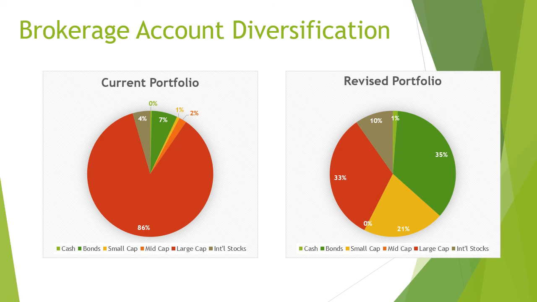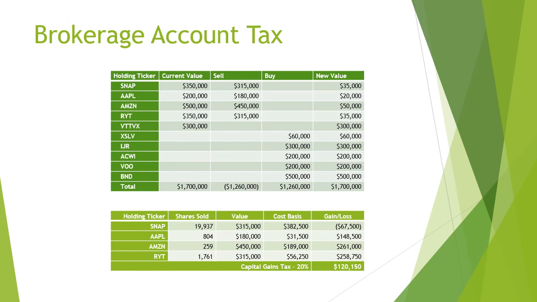The core portfolio will be purchased with the funds that the sales gained. As you can see, the outcome is a well-diversified portfolio that matches your family's risk tolerance. We list the exact holdings that we recommend you sell and buy to create the revised portfolio. If this transaction were to happen all at once, it would create a tax obligation of $120,150. Therefore, we are recommending that it is split between 2 calendar years, the first to happen in January 2020 and the second in 2021.